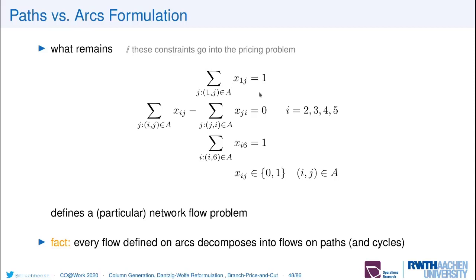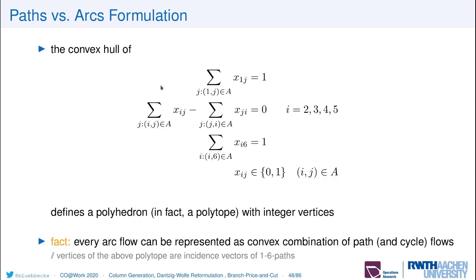So in that sense, these are easy constraints. So this is a particular network flow problem. And remember from Dantzig-Wolfe, what we need to have access to is the extreme points of that polyhedron here and the extreme rays. So first of all, I can drop the integrality constraint here, because we know if we do so, the remaining linear description has the property that the extreme points are integer and there are no extreme rays here. So we can directly use this, the convex hull of these extreme points of the integer feasible solutions here,